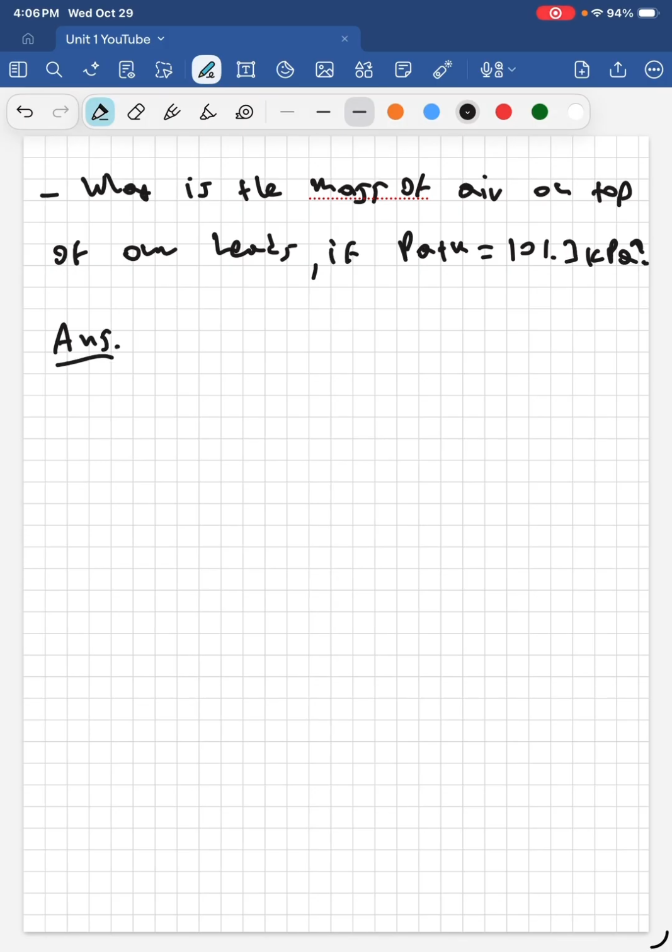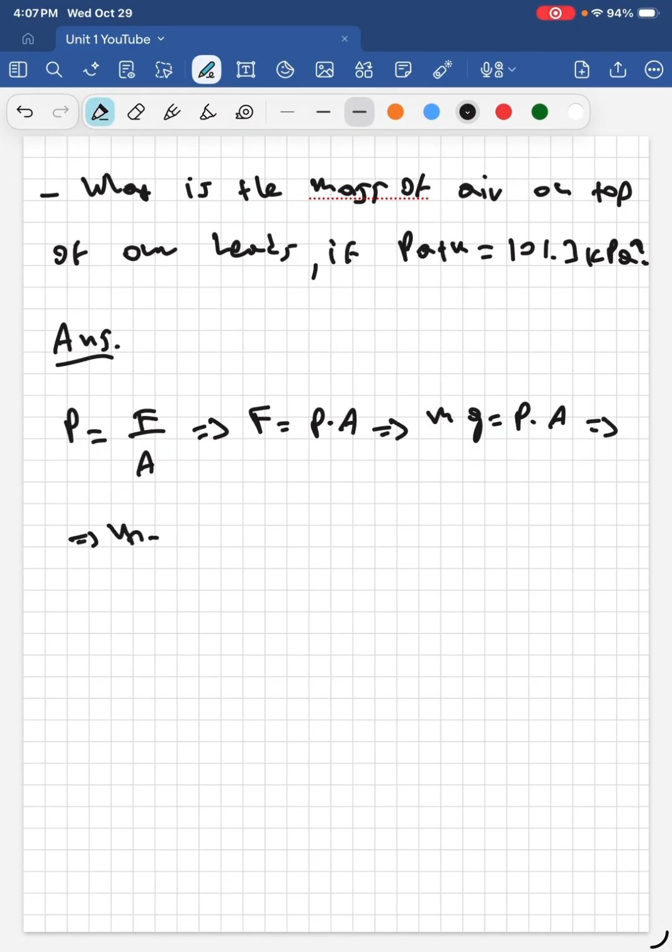is you have to multiply. Remember that pressure is force over area, right? So if we multiply pressure with area, we will find the force, and then force is m times g, right? And that's equal to P times A. So the mass is P times A over g. So what's the area of a human? Let's say if we think of the human as a cylinder with radius 40 centimeters, which is 0.4 meters, we can say that, okay,